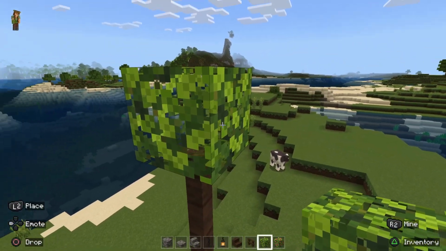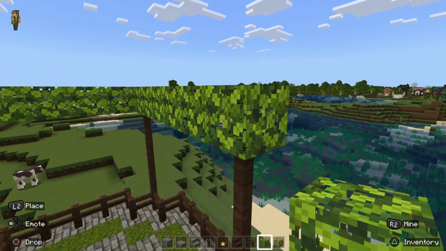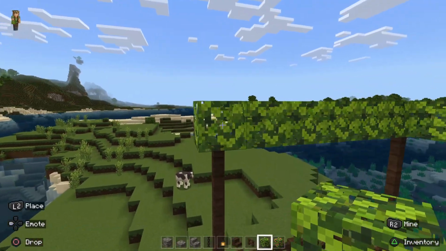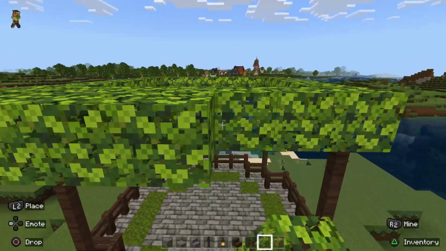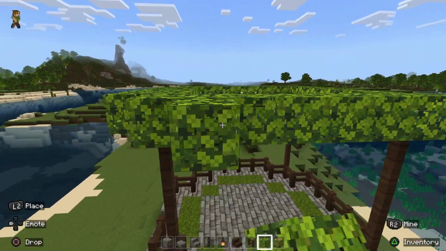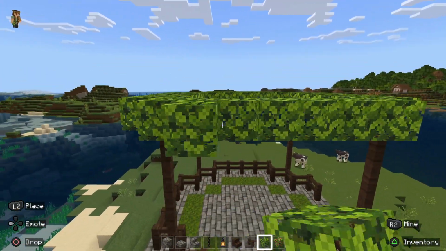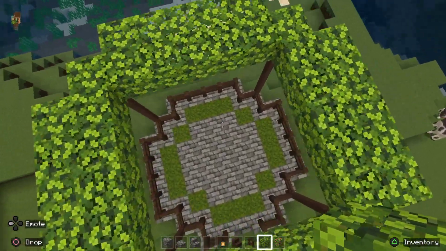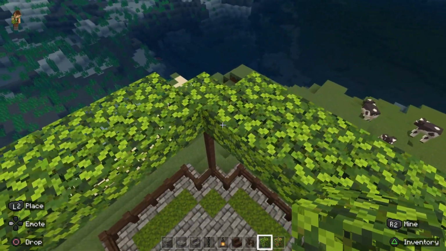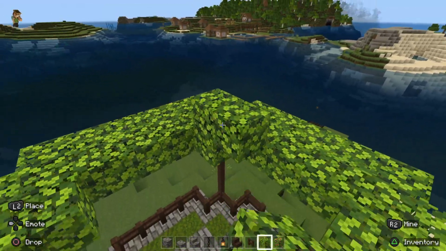I want to do a nice little dome made of leaves, not made of the spruce like I originally thought I would. I think it'll look nicer if we do like, there we go. That'll be nice. Here, here, here, and here with